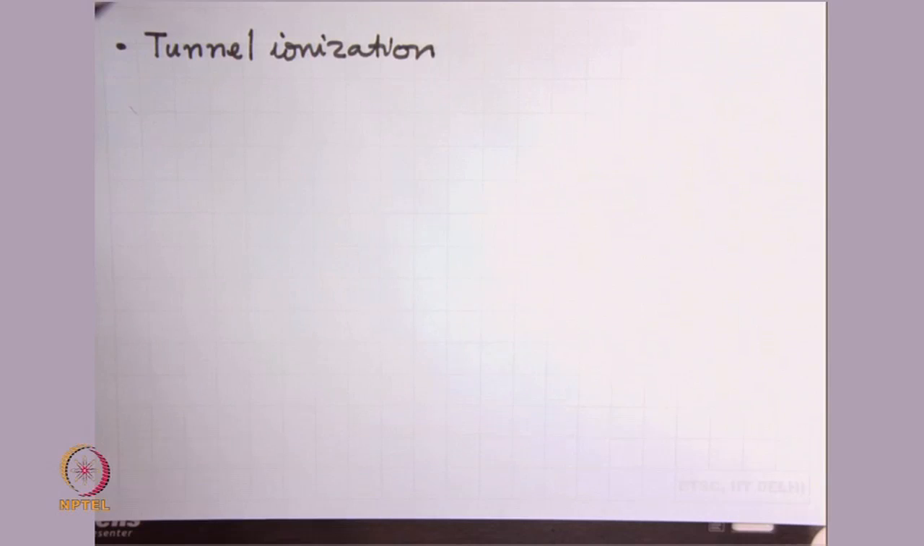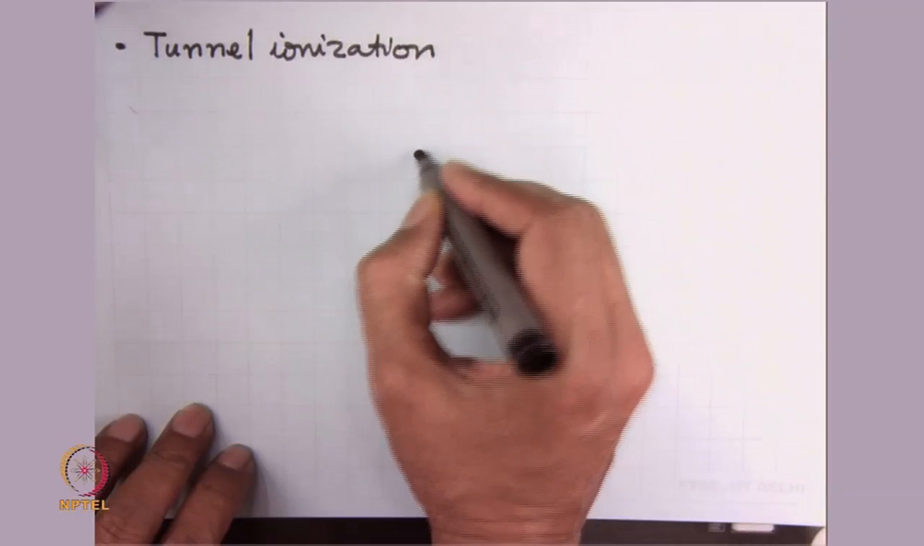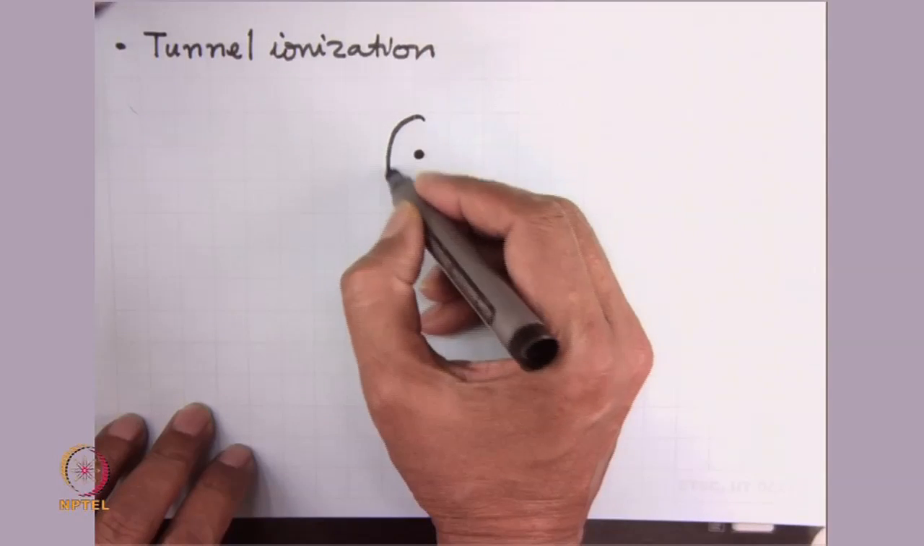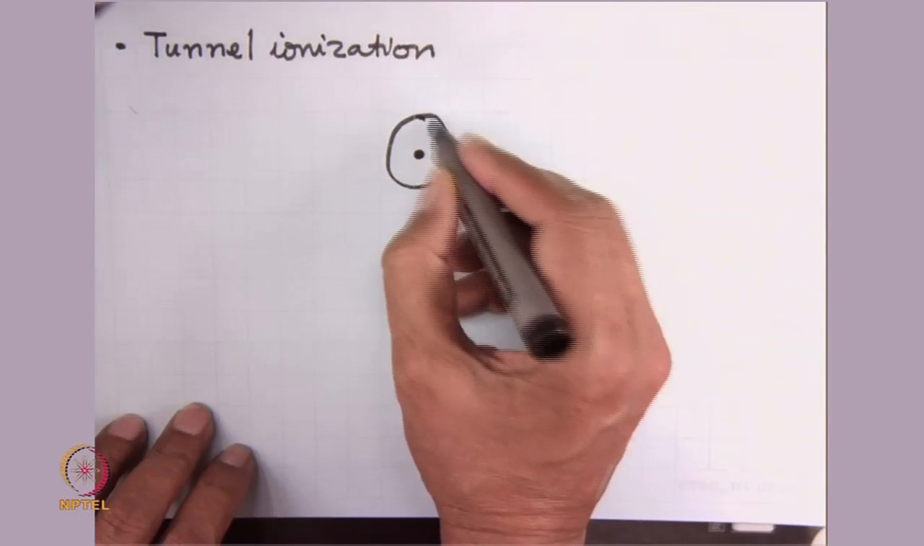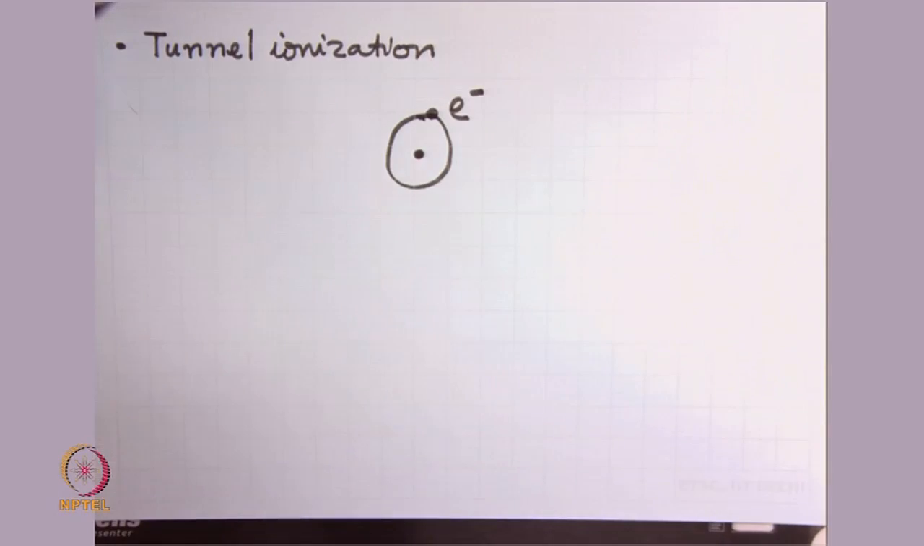This occurs because in a gas you have atoms with the nucleus in the middle and an electron going around it. This electron always feels a Coulomb force due to the nucleus. Whenever there is the Coulomb field,